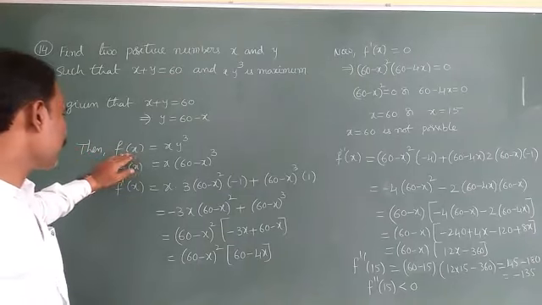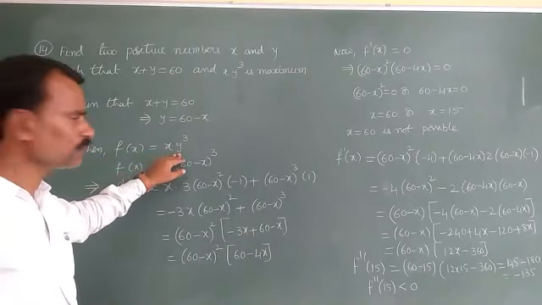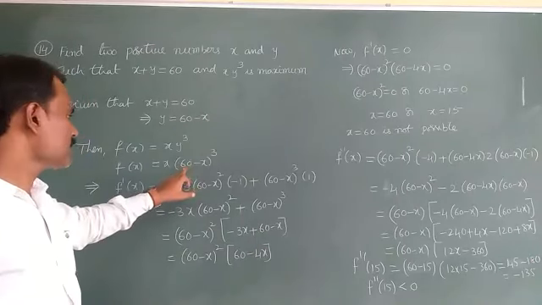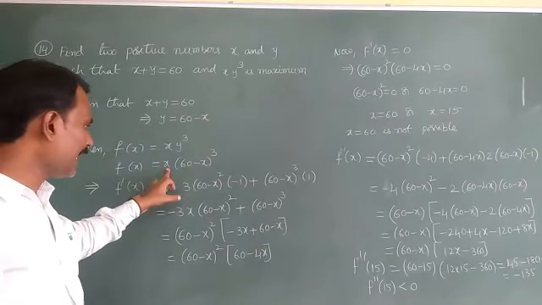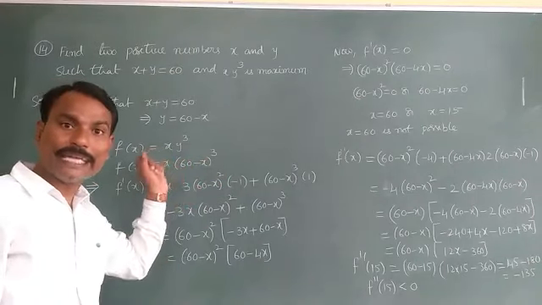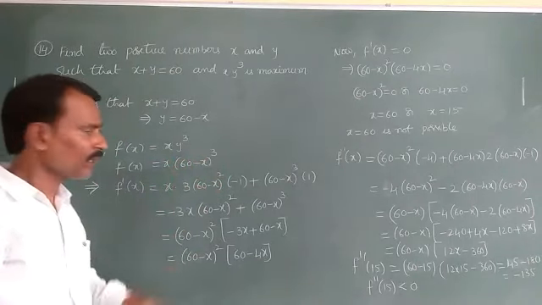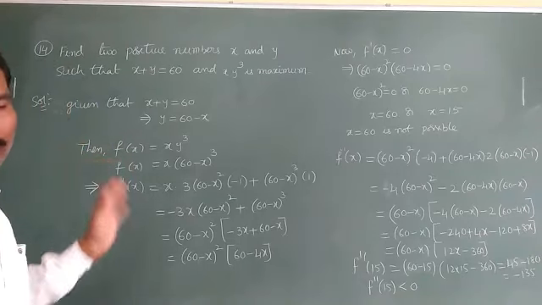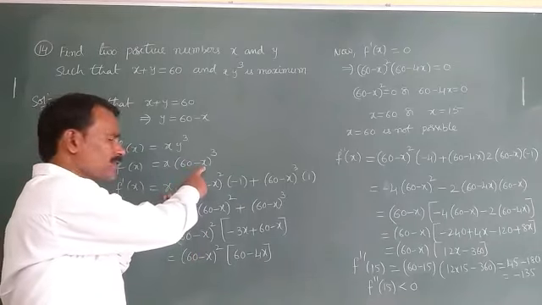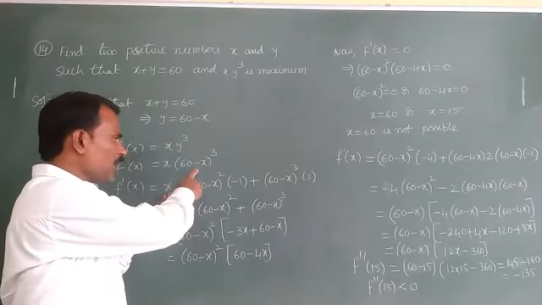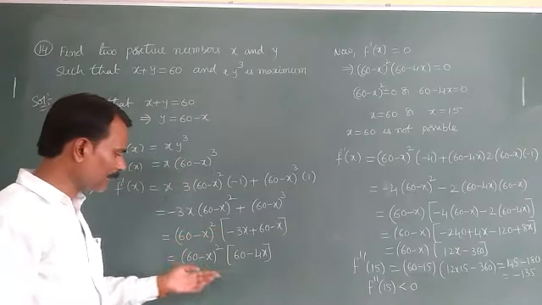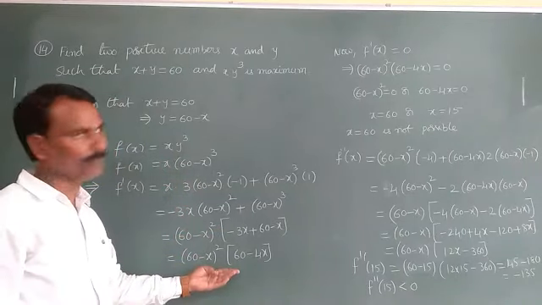Okay, fine. Our function f of x is equal to x into y cube. In the place of y, substitute this value 60 minus x. So now your function is x into (60 minus x) whole cube. Now the given function is f of x into g of x. How do you differentiate it? f of x into dy dx of g of x plus g of x into dy dx of f of x. Like that, if you calculate and take common, you will get this expression.